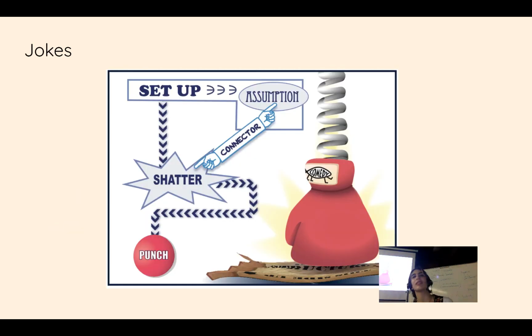Something I like to look at, since we are talking about short form films that are 3 to 5 minutes long, would be jokes. And by jokes, I don't only mean things that are funny, but things that have what's called a setup. So the whole idea of a joke, at least conventionally, is that you tell someone one thing and they're situated to expect that you're going in a certain direction with it. And then the punchline, like an actual punch, surprises you and takes you in a completely different direction. So in the micro, this is a good way to think about a reversal in your plot. We call this a reversal.